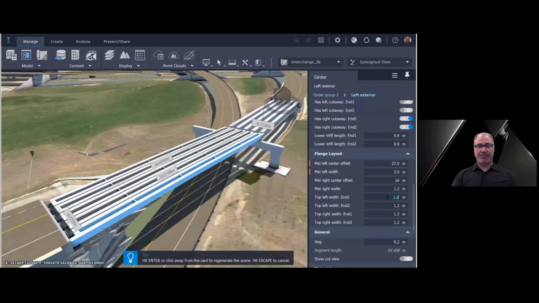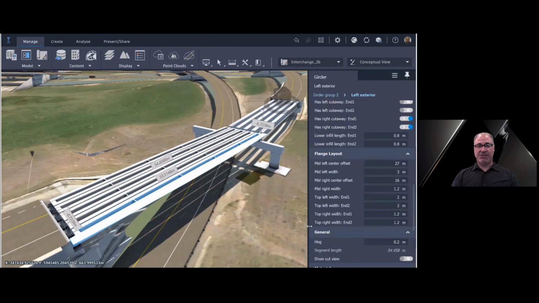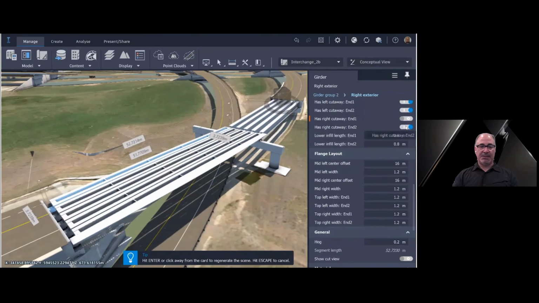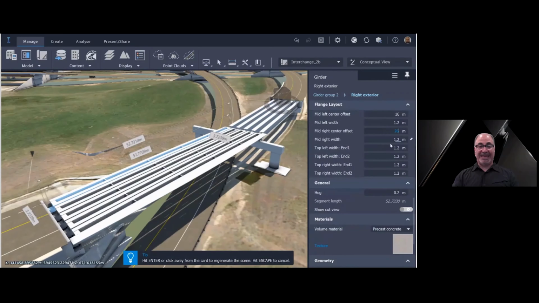And in this case, I'm also going to vary the geometry of the outside flange because this is a curved and planned bridge and the pre-stressed girders are straight, but with Super T girders, you have custom flange geometry, as you can see on the outside here. For the external girder I will vary the geometry so that the flanges are wider at the ends and narrower at the middle.